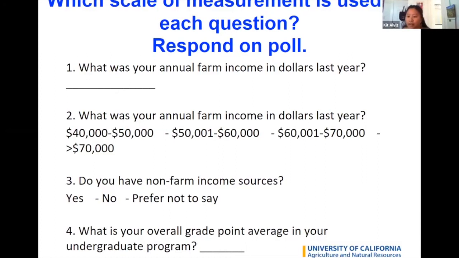So go ahead and answer the poll. I'll close the poll as soon as we have mass responses. And also, Kit, why? Just wanted to add, why